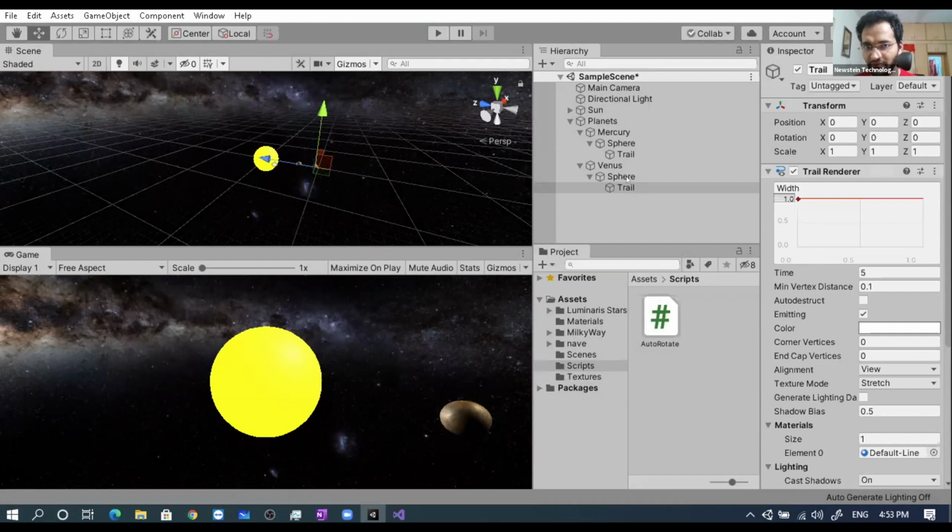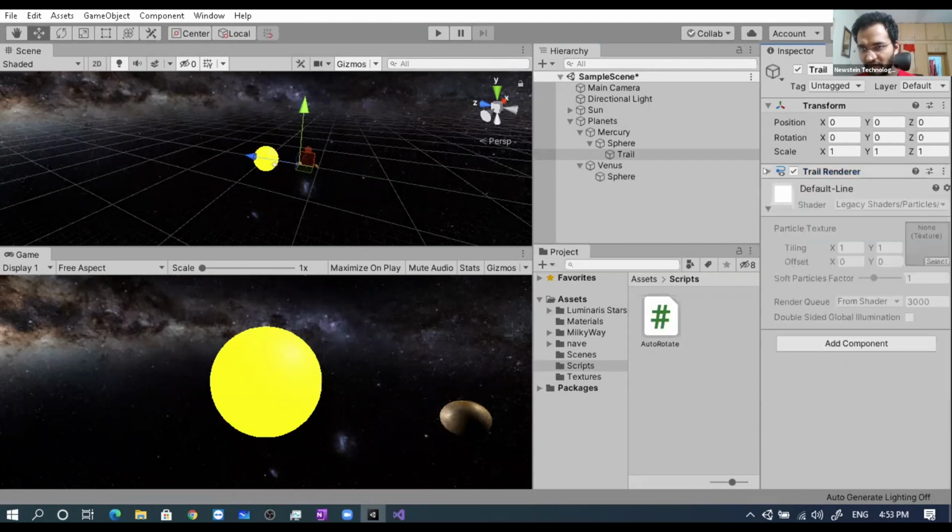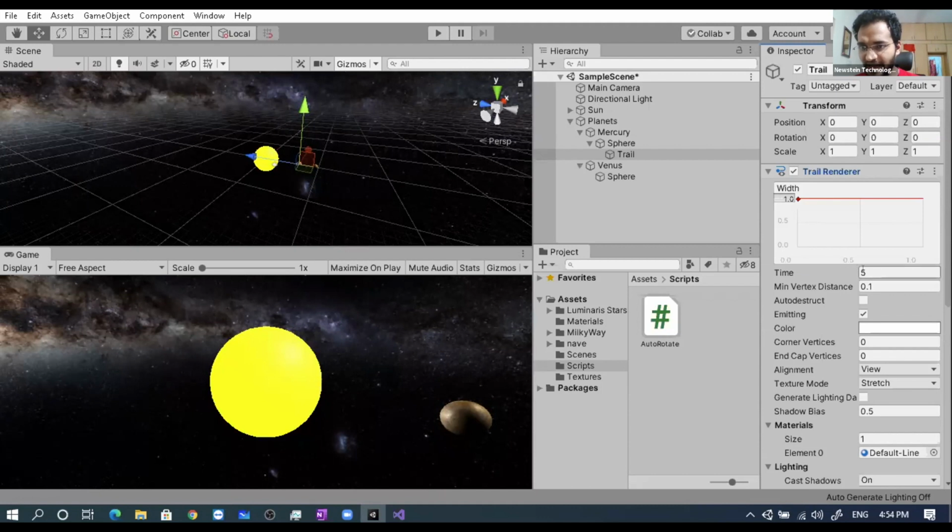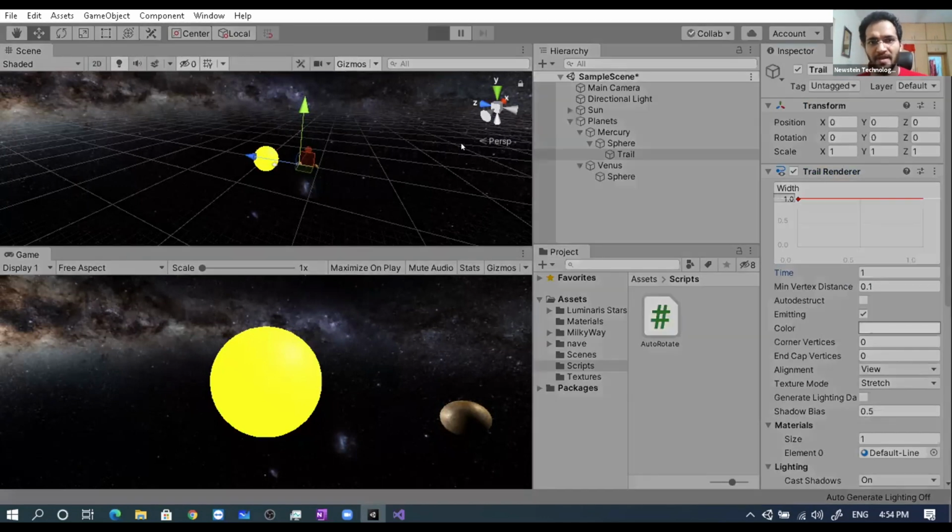So if you see one of the trail, like if I have selected one of the trail, let me remove this. So this is one of the trail and it has lots of properties. In the trail renderer, I'll collapse it. Everyone just watch it, don't do anything. I have collapsed. So this was my trail renderer and it has lots of properties. So first thing is time. Time is, I think, lifetime. I'll make it 1. Or maybe let's do one thing. While playing the game, I will change these things so that we can see the changes.